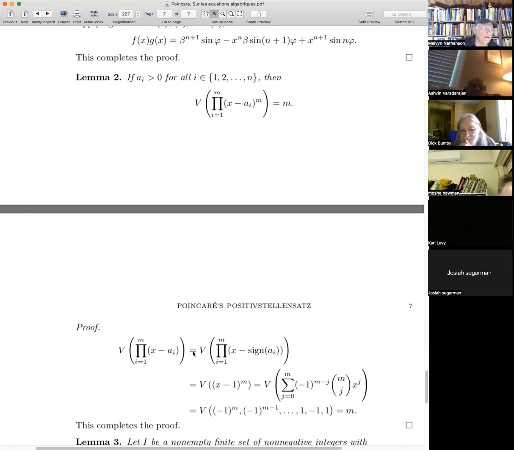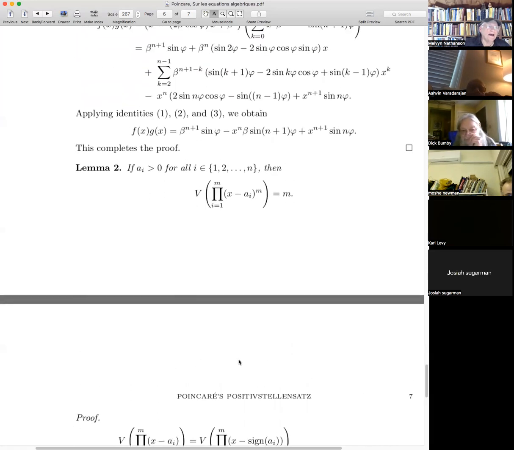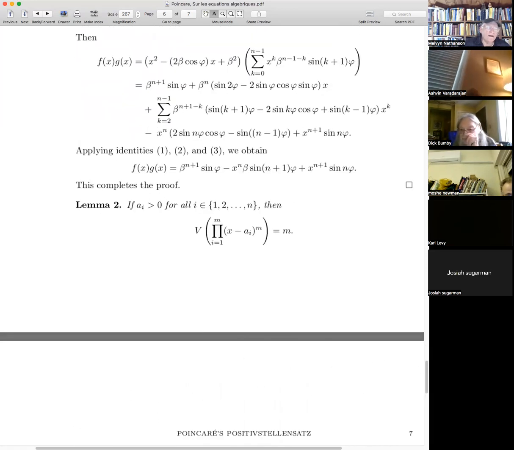But okay, same here. I was just thinking when these are all positive, you're taking uniformly sums of products of positive numbers, and it's always positive. So this is certainly correct with the AIs positive. There's not going to be any cancellation or sign change in the middle. So this is okay. All right. Now, so that's the end. That's Poincare's little paper.